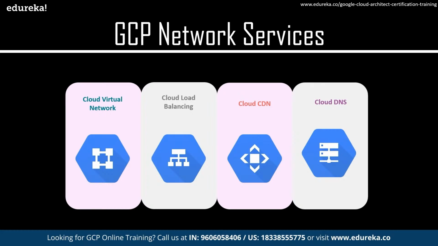Or in simple words, it has edge locations. So each edge location is located close to a particular data center. What they do is they fetch the frequently accessed data from the server and cache it in that particular edge location. So that way, if I am trying to access this data, let's assume from Kanyakumari, and if it has been cached there, I would be accessing this data at a faster rate because the distance would be minimized, thus resulting in low latency. So this is what content delivery network does.